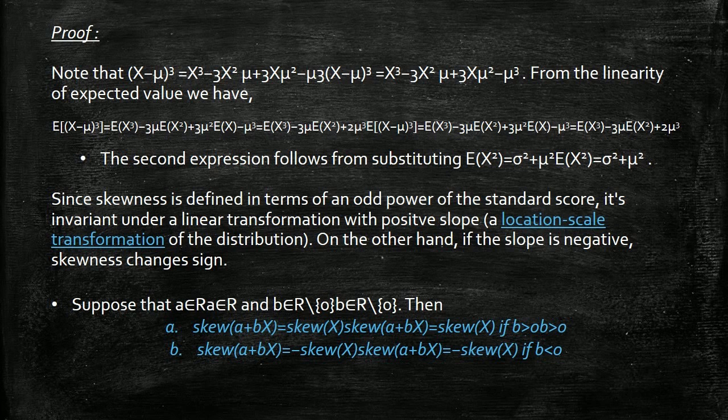Proof. Note that (X − μ)³ = X³ − 3X²μ + 3Xμ² − μ³. From the linearity of expected value we have